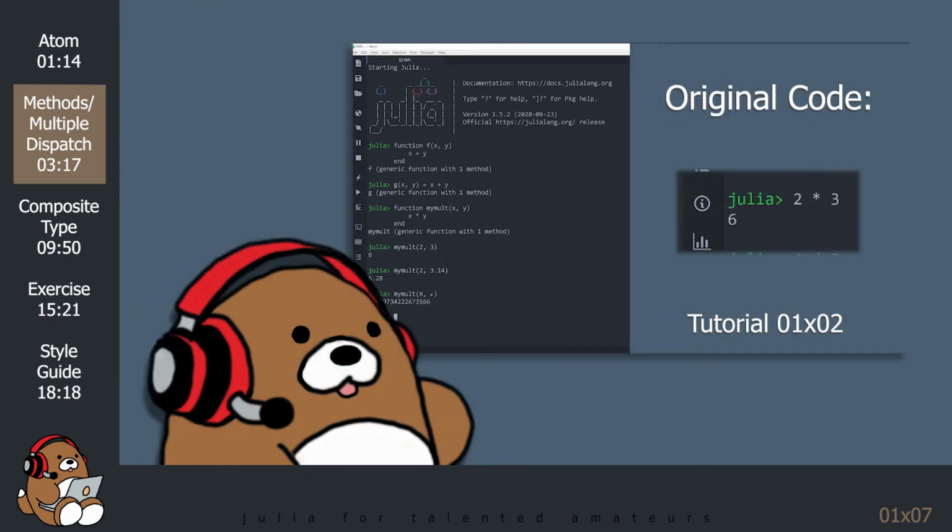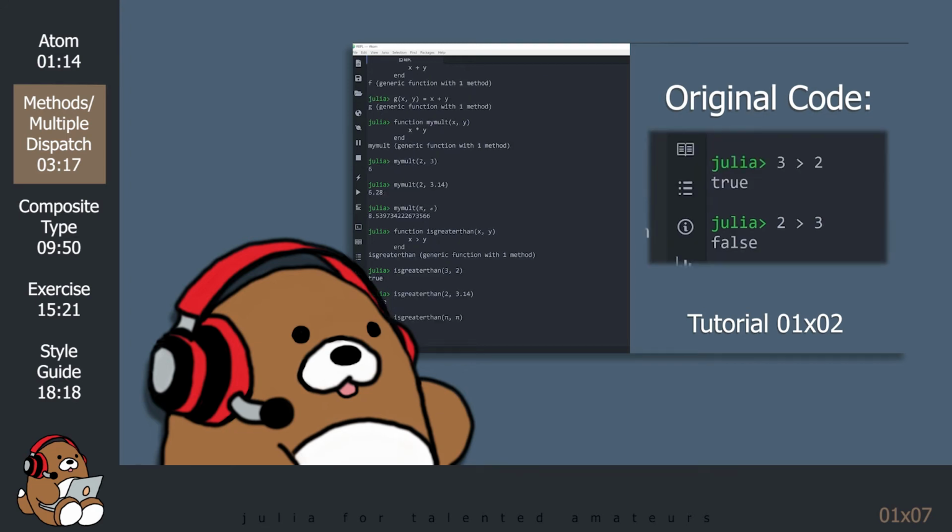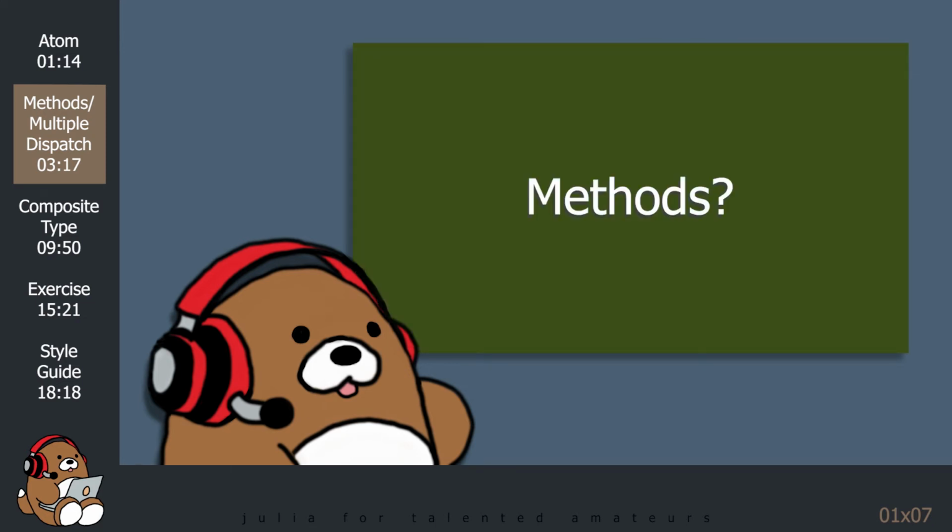Recall from last week's tutorial, when we created our own custom functions, we did not set up any methods. We simply created generic versions of our functions, and they work just fine. So why do we need to define methods for our functions? Well, in general, you do not need to set up different methods for your function. If you want your function to behave the same, regardless of the data types entered as arguments, just let Julia work its magic for you. However, if your function requires a specific data type, or if you want your function to behave differently depending on the data type, then setting up different methods is a must.